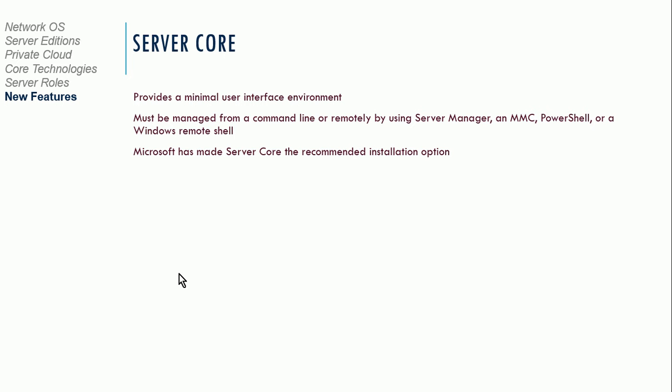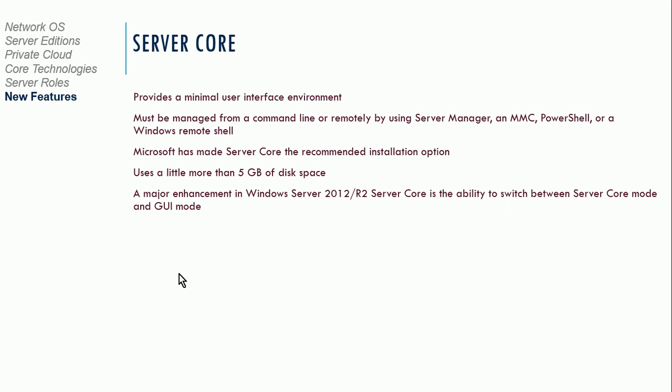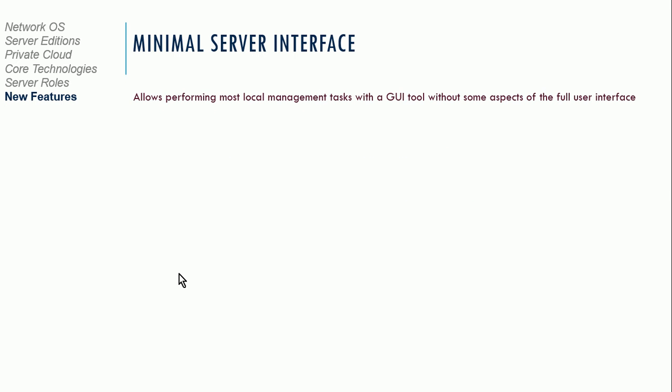So that's Server Core. Why do people use this? Because it's a very small installation and it doesn't use a lot of resources for the user interface. You're saving those resources for other things. So, for example, Microsoft says you can have a little more than 5 gigabytes of disk space to install Server Core. Although, to be fair, Linux can do it with less, but we won't talk about that. So a major enhancement in Windows Server 2012 Server Core is the ability to switch between Server Core mode and GUI mode. So you can theoretically go to the GUI mode if you needed to,